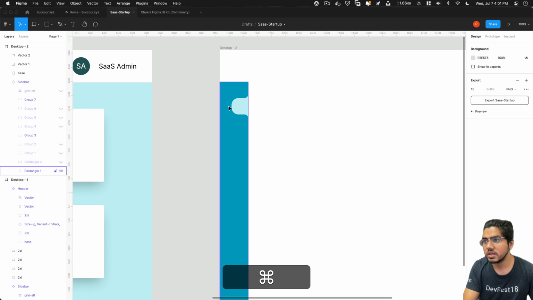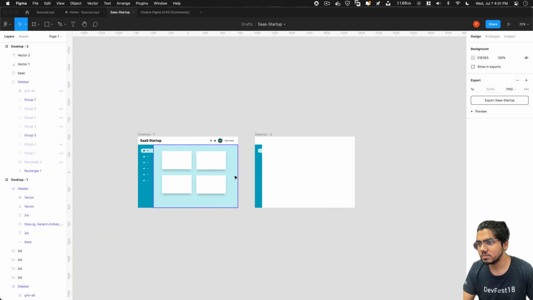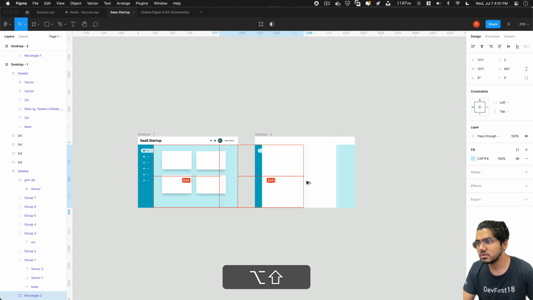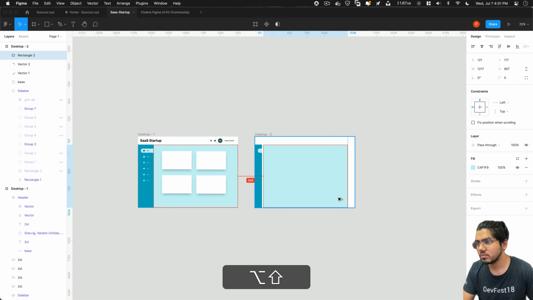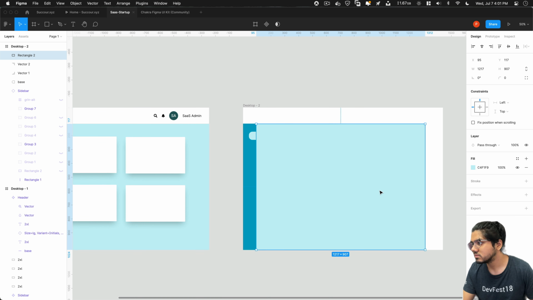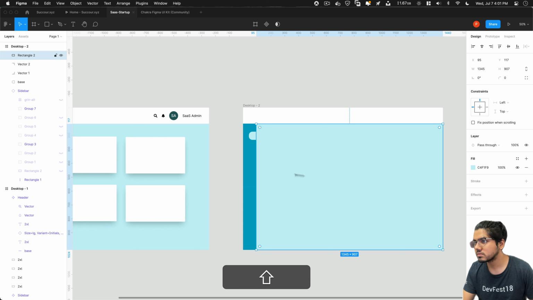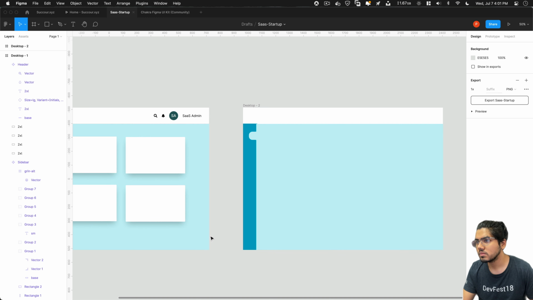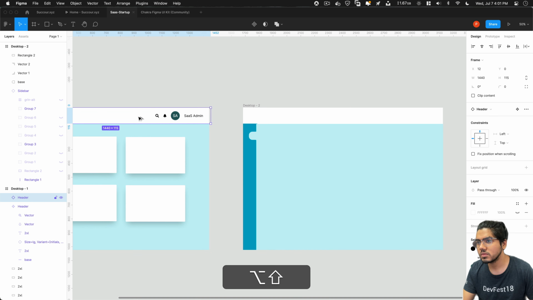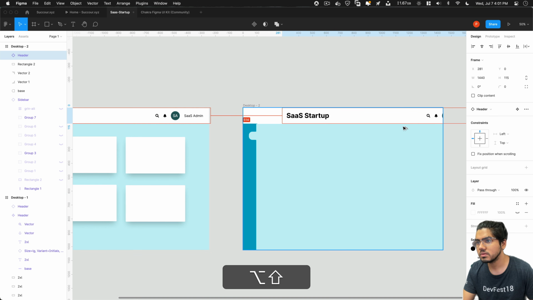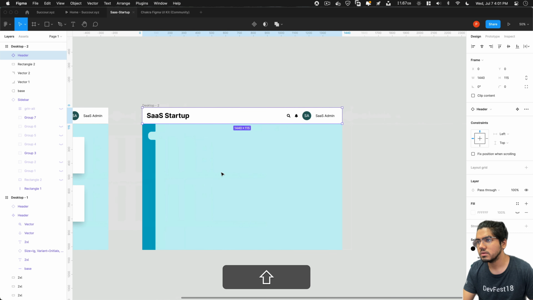Now we need those icons also, and let's place that artboard also. Same navbar also. Yeah. Okay.